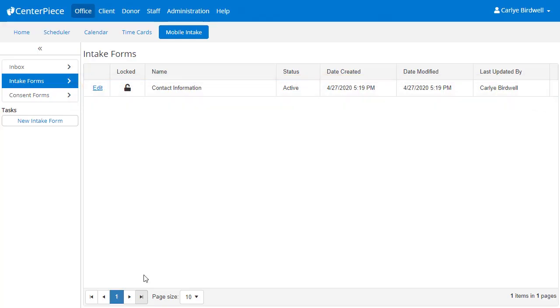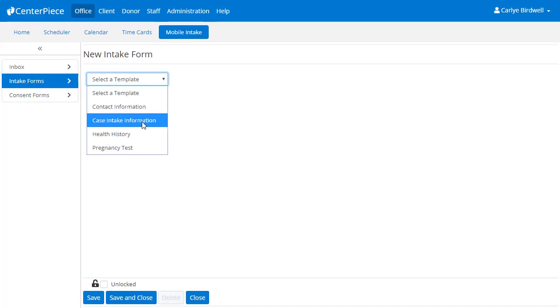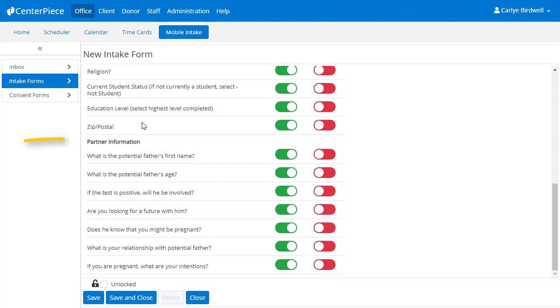Okay, so now let's move on and create the case intake information form. I'll select the form and all the intake questions are displayed. I'll scroll down to the bottom and notice these questions here under Partner Information. These refer to the father of the baby, so if a male client was coming in, I wouldn't want to ask these questions. So for this form, I'm actually going to make 2 forms, one for female clients and one for male clients. Okay, so let's go ahead and create the